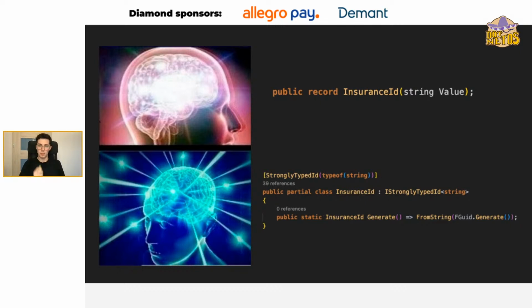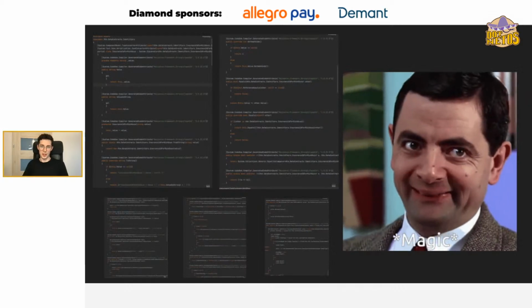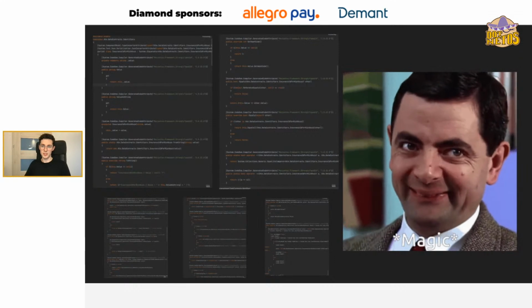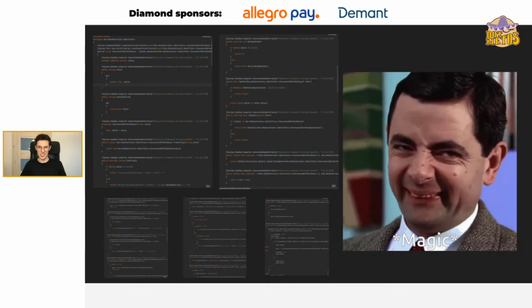You might pronounce it a bit differently, but there are a bunch of those, and they do exactly the same thing. They generate a lot of magic, sometimes called boilerplate. This code is a collage here because it's not quite something I would show on the presentation, but you get the idea.